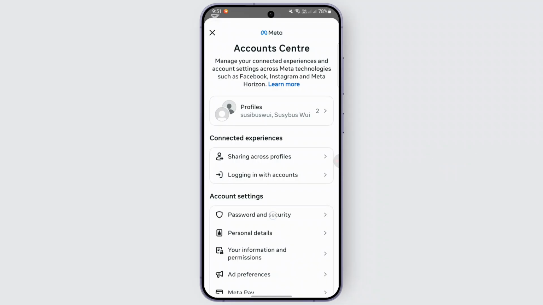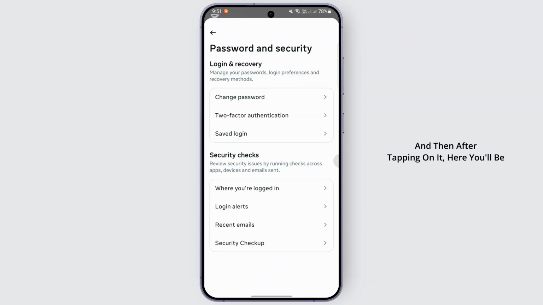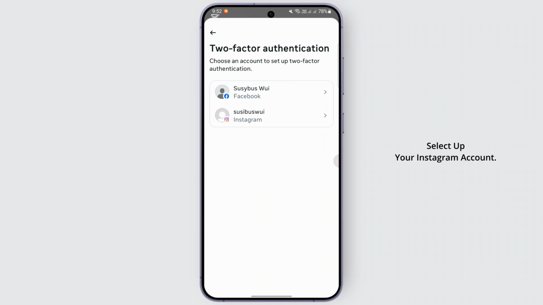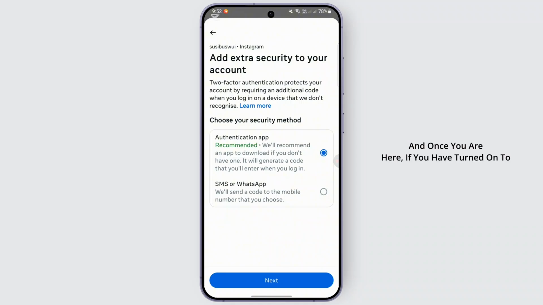Tap on it, and then after tapping on it, here you'll be finding option called Two-Factor Authentication. Just go ahead and tap on that option, and after tapping on it, select up your Instagram account. And once you are here, if you have turned on two-factor authentication using either authentication app or SMS or WhatsApp,